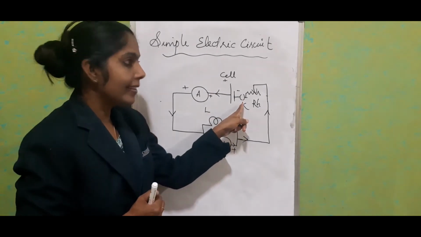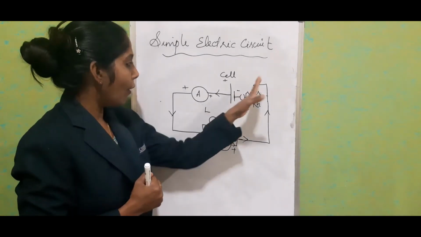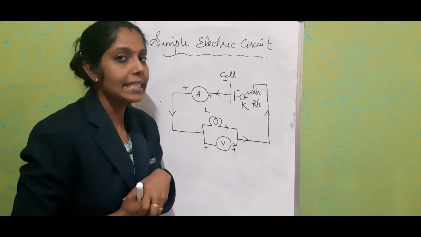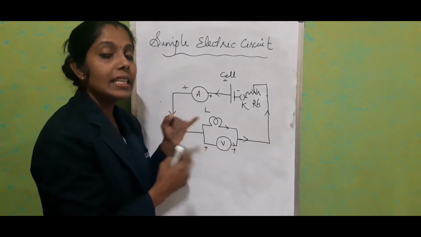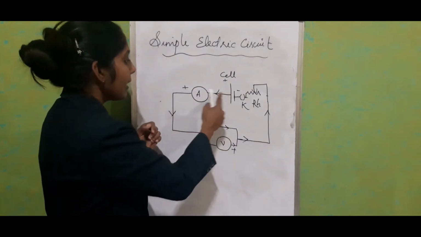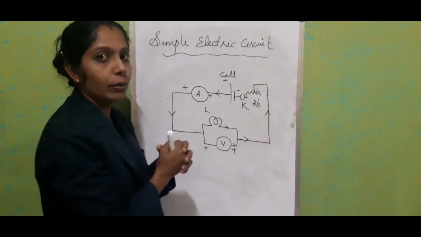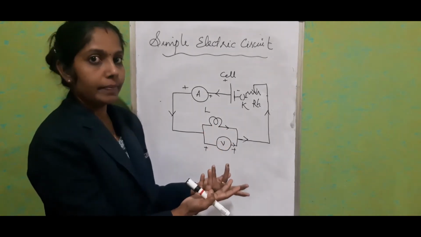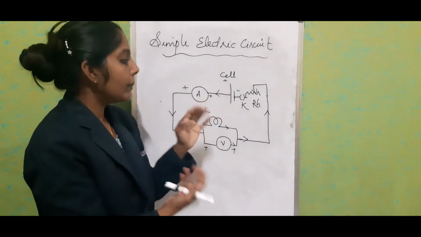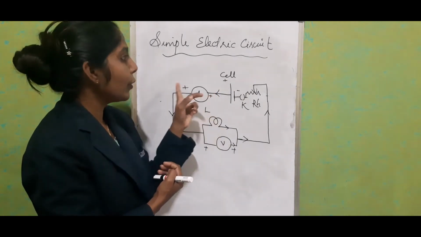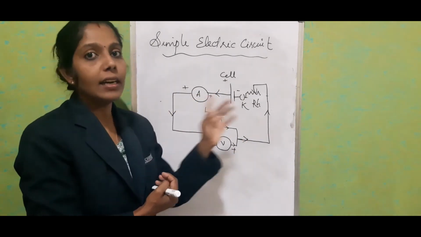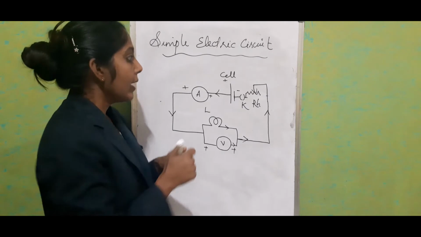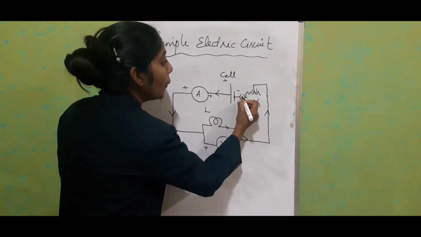Now I just made this an open key. All other components are connected but the key, the plug, is not inserted at all. So we can call this circuit incomplete. That means the current is not coming back to the starting point. Or if the bulb got fused, we can consider that the key is there but the bulb got fused, then also there is no option for the current to complete the path. That condition we also call an incomplete circuit.